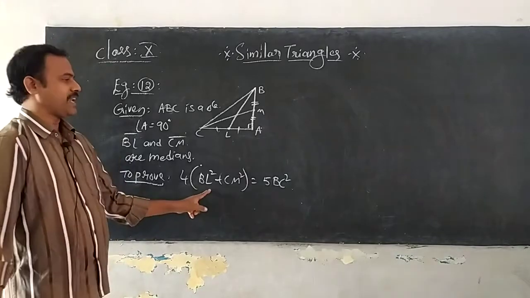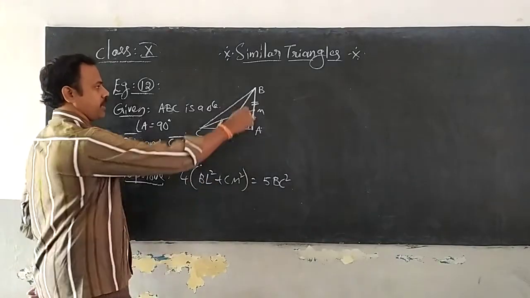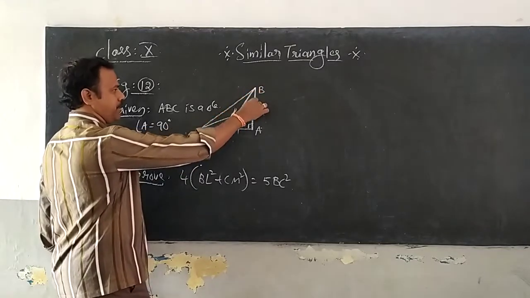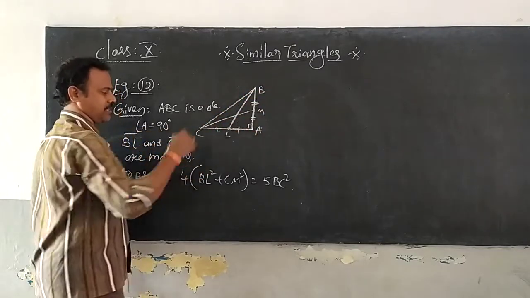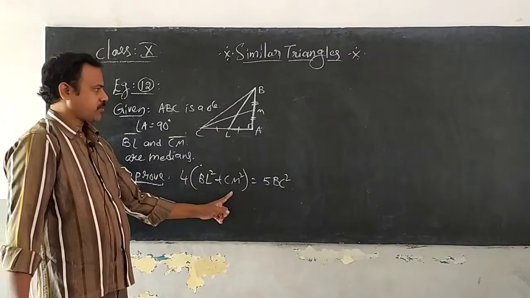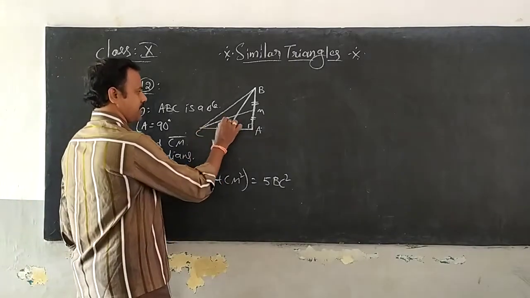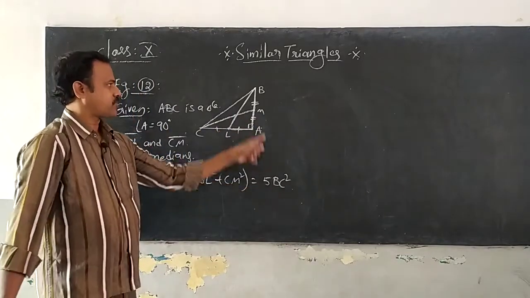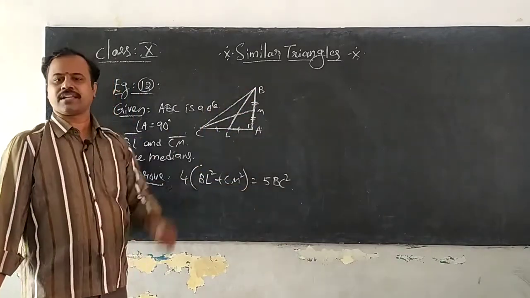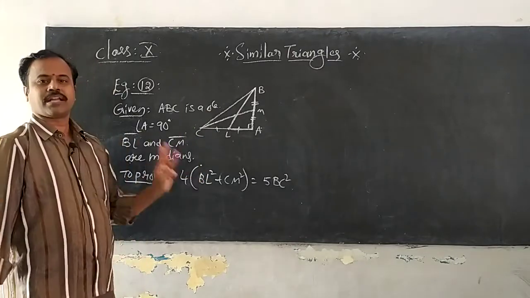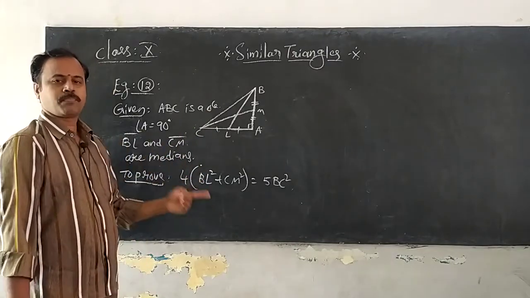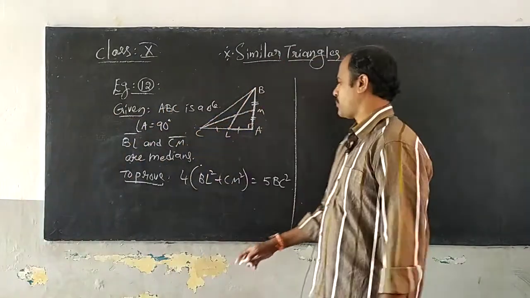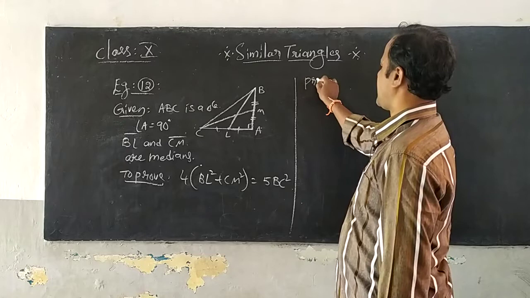4 into BL square plus CM square. Observe carefully, BL square. As it is given BL square, you must be able to understand the BL based right angle triangle. CM square: now you have to observe the CM based right angled triangle, and this is BC square, the BC based right angle triangle. Here you must observe 3 right angle triangles, and we are going to apply the Pythagoras theorem here. Okay, right. Now into the proof we observe,